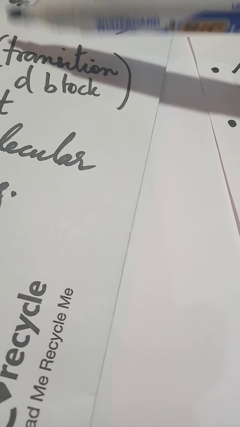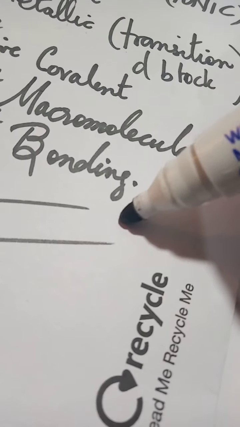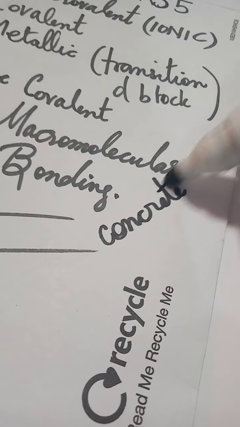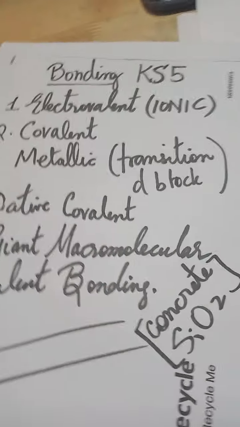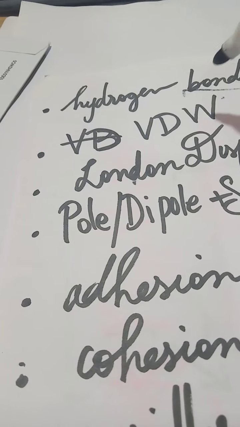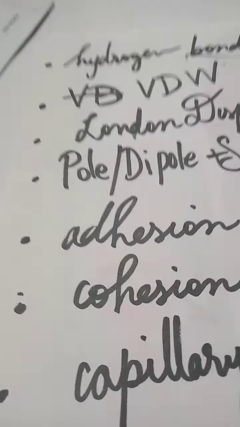So this is how it is. We start off from ionic, which is coulombic in nature, and then we go to covalent for non-polar materials, then metallic bonding, dative covalent bonding, giant molecular covalent bonding, which is a characteristic of concrete and silicon dioxide. And then we move on to hydrogen bonding, Van der Waals forces, London dispersion forces, dipole-dipole interactions, adhesion, cohesion, and capillary action. So I hope this helps you to get a pedagogical understanding of